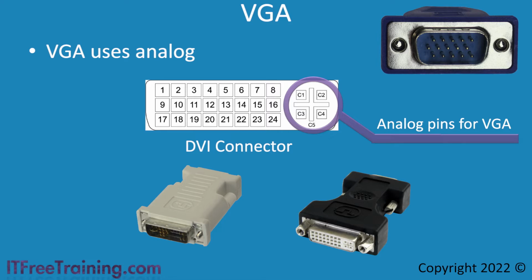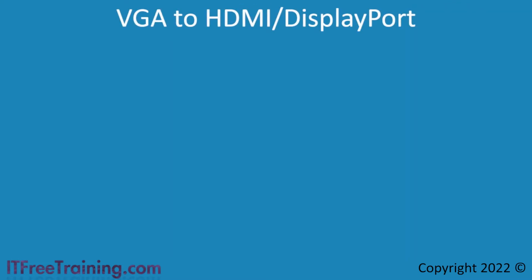An active adapter has more electronics in the adapter to convert and recreate a signal. Since in this case, we are only remapping pins on connectors, we don't need an active adapter. However, if you start having signal loss, you may want to consider an active adapter. VGA is old technology, and you won't come across it too often.